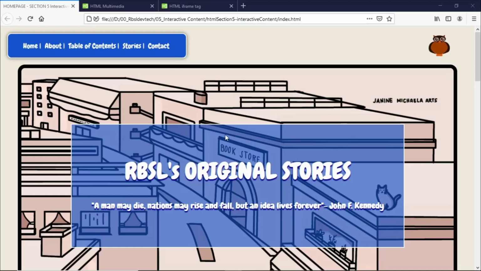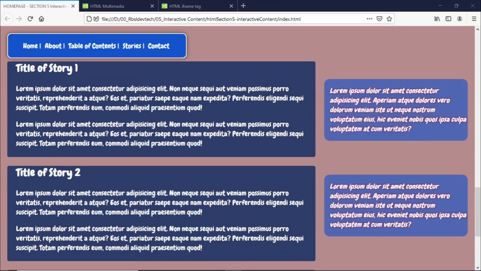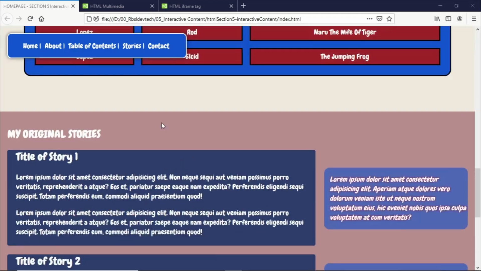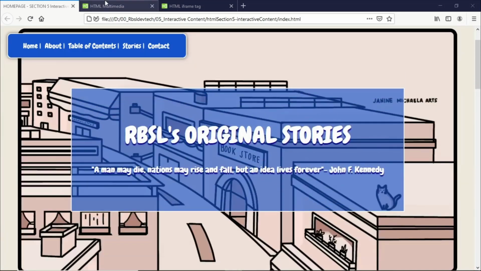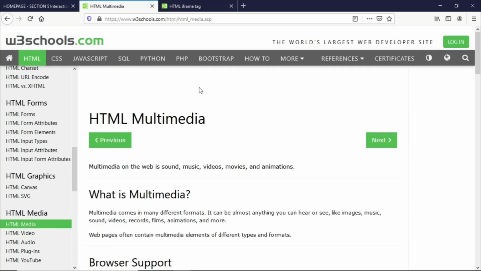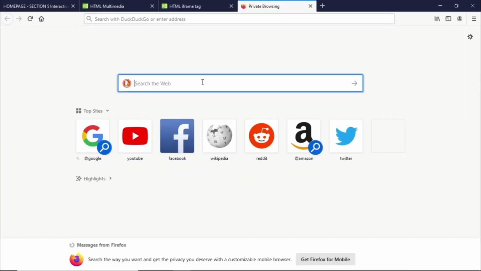Okay everyone, welcome again to another one of our lessons. In this session I just want to add a background image here in our child original story section. I also want to talk about HTML multimedia, so at least we'll have some more information about the different multimedia we can use inside of HTML. And let's also try to use the iframe tag specifically by using